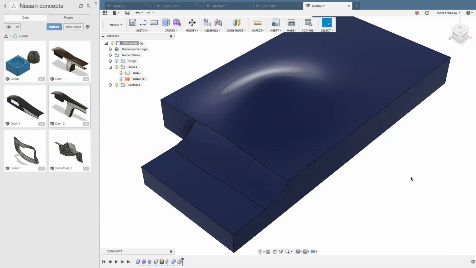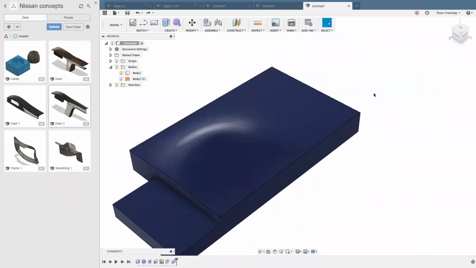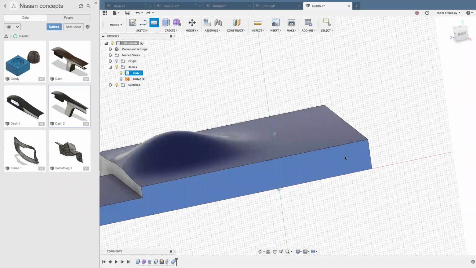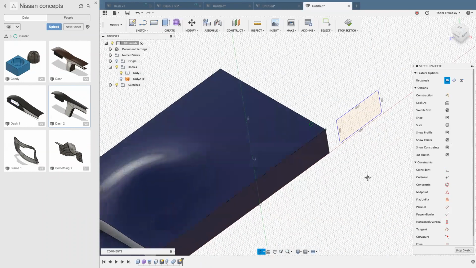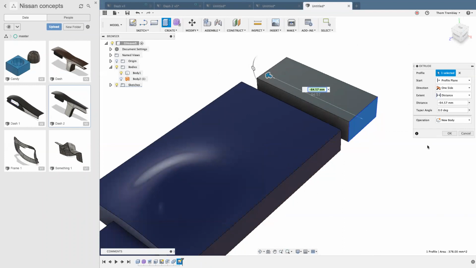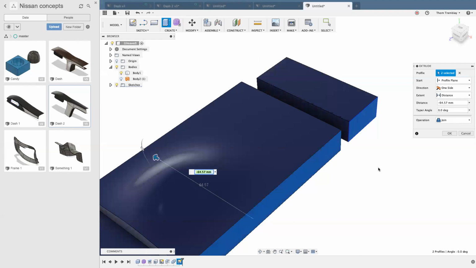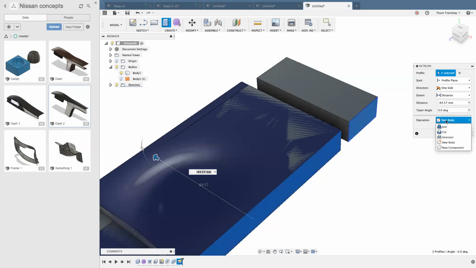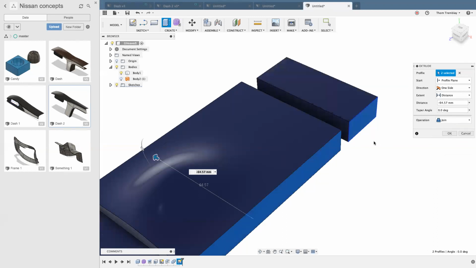The other thing that can be helpful is, here, let me back up a touch. Let me create something else off to the side here. So here I'm creating another shape, and because it's off to the side and not physically connected, like your body work might not be physically connected to your dash initially, you can still tell it to join it to the other body. Initially, because there's no physical connection, it won't assume that you want to join things together. However, using the option in the bottom of the dialog, you can force it to join it to this other body, so that once you have those in place,